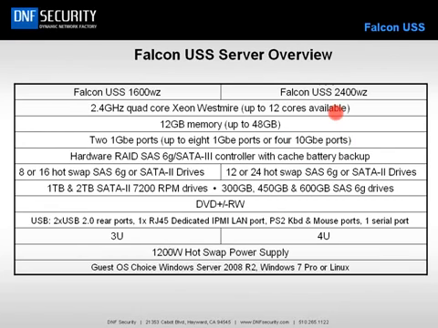Quick technical physical overview of the Falcon USS. The Falcon USS comes in 2 versions. The first is a 3U product, and it supports up to 16 drives internally. These can be mixed and matched depending on the application's requirements. It can be all SAS 15K, and that's SAS 6G, the 600 gig, the latest and greatest interface that's available for I/O. And it can also be all SATA drives, SATA 3 or SATA 2 drives, or it can be a mix and match where you need high performance